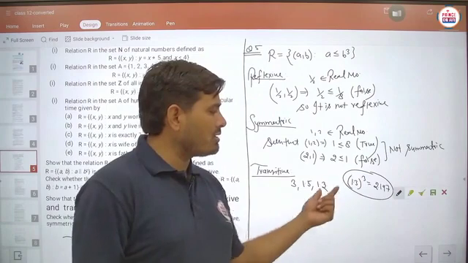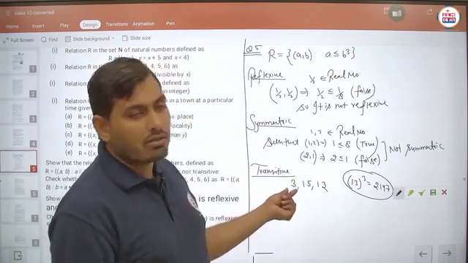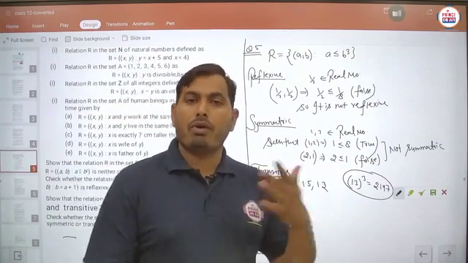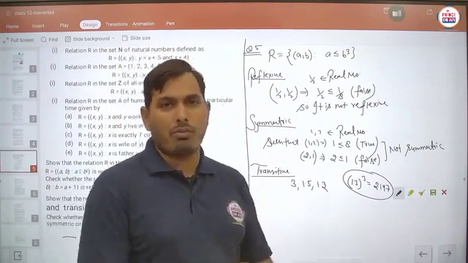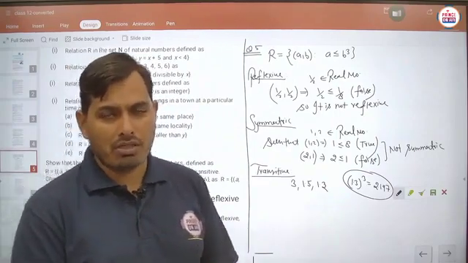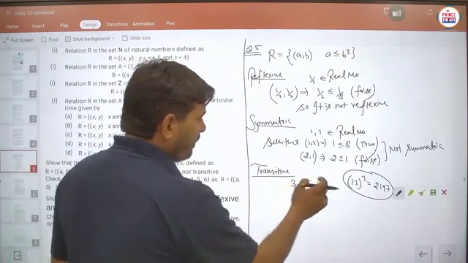So we can just assume the third number easily. Is it to be clear? Suppose you take any larger number here, then its cube will be very high and you would spend more time assuming such numbers. That's why we are assuming very small numbers here. So basically, students, here 3, 1.5, 1.3.